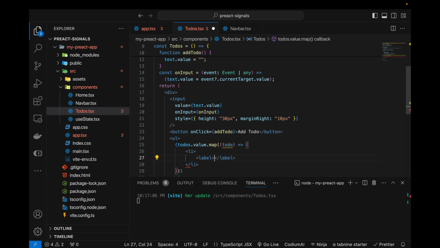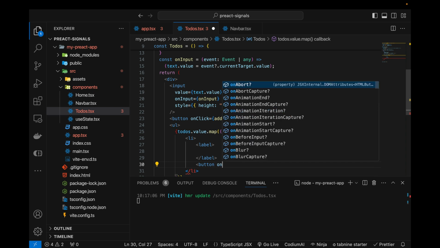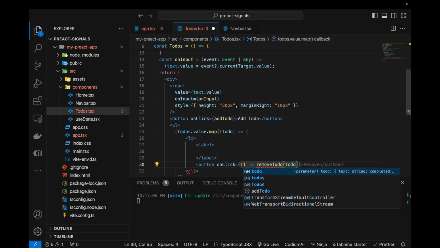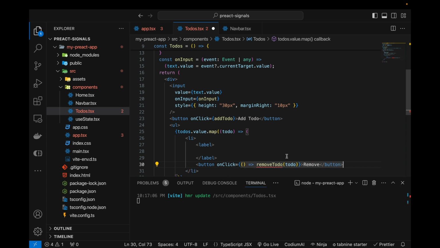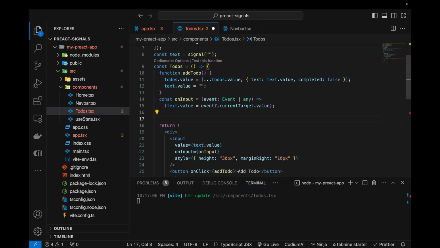Okay, and this label is going to take the checkbox, but after this we can simply write a button, and this is going to take onClick removeTodo. Okay, so let's pass this todo, and this is going to take remove. So before moving further, let me try to resolve this error, and above this let's add function removeTodo,